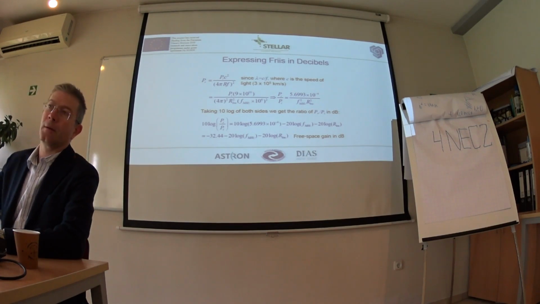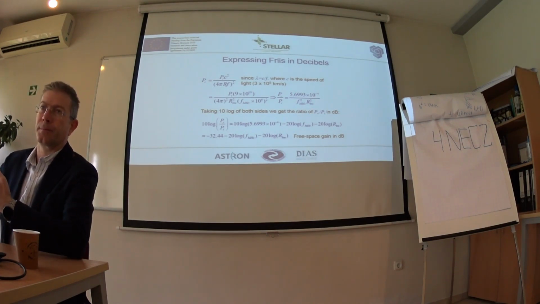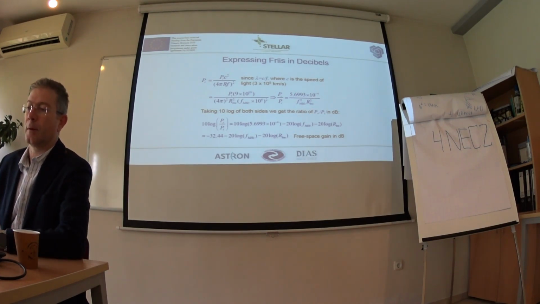And when we expand the multipliers, 4 pi, 10 on 6, 10 on 10, we can separate this as a constant. And when we transfer this to decibels, this came as numbers,